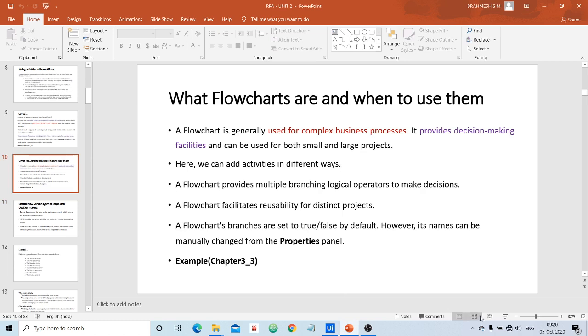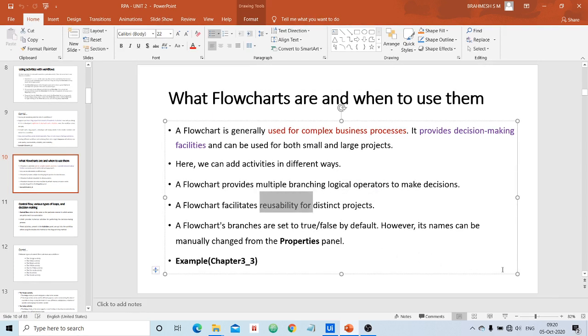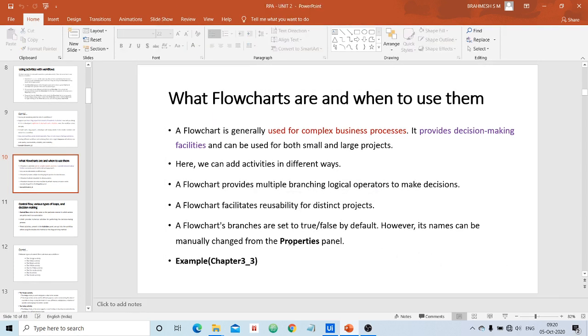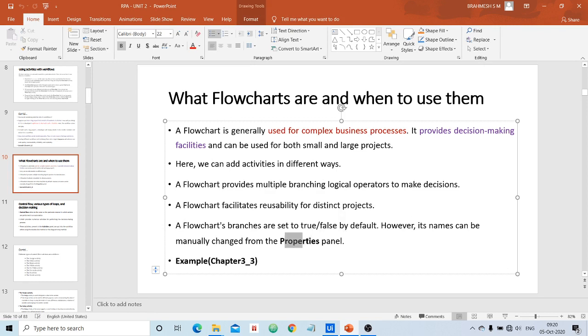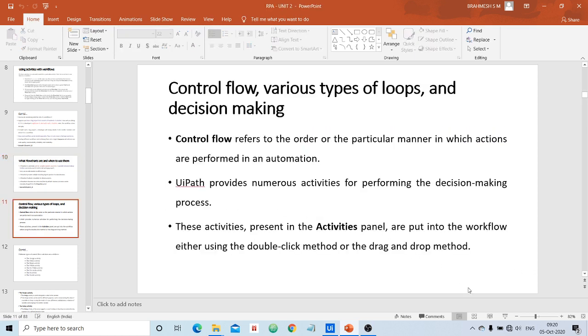Here we covered a flowchart at a high level, and we learned practically how to create a flowchart, and we learned one more interesting point, how we can get the input from the user. Then I will prove reusability, everything, as the classes go on. Clear? Okay, we saw something about the properties panel. Later on I will show you how to change this default name true false in the coming classes. Clear? Okay, now with this we shall move ahead.